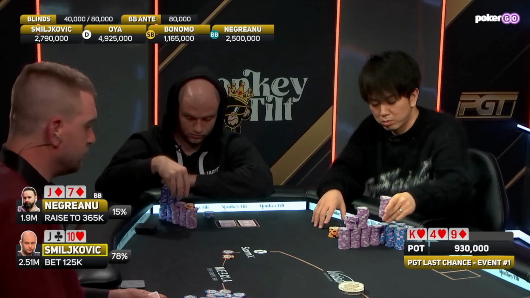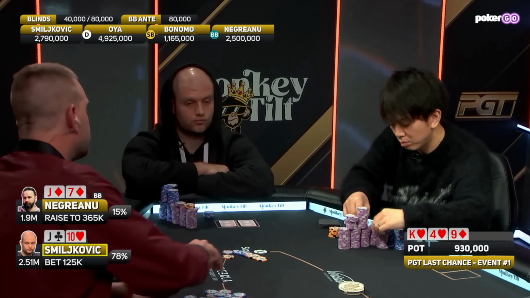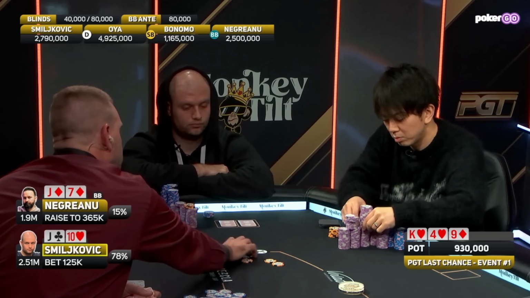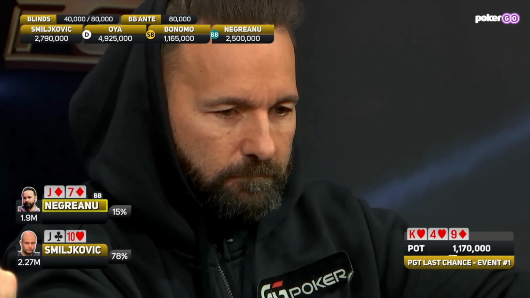Yeah, also an interesting spot here for Smiljkovic. He has that gutshot to a straight. He has the 10 of hearts as well. Does make the call in position. And the flop is the King of Hearts, 4 of Hearts, 9 of Diamonds. So we have a grand total of